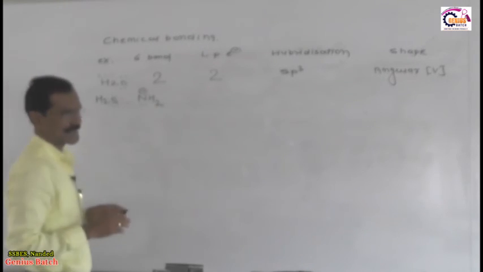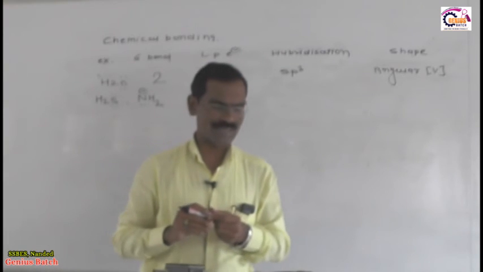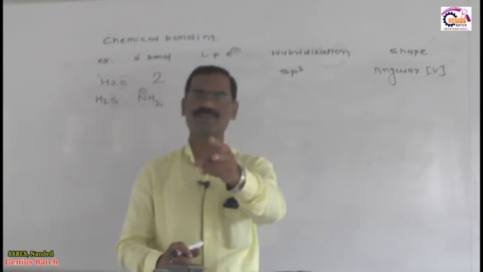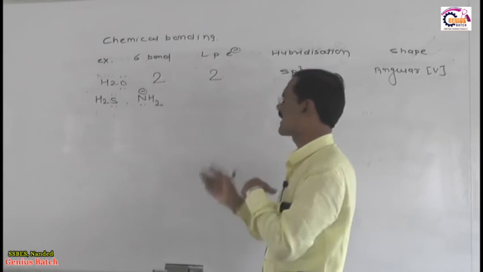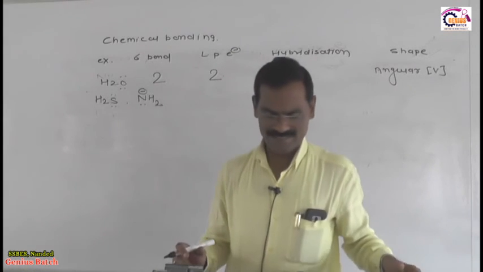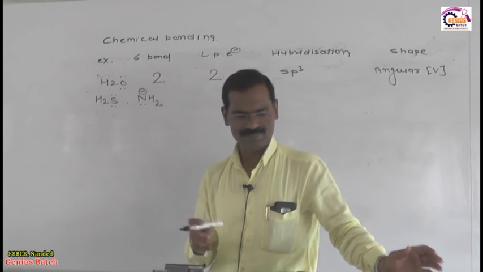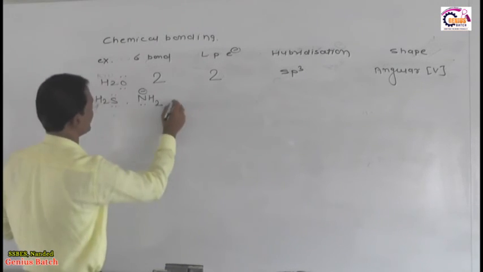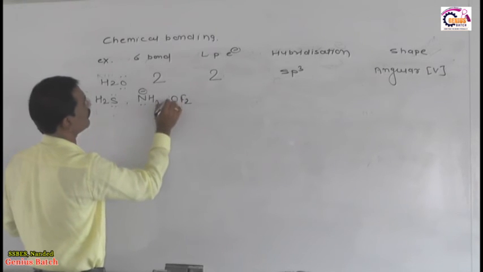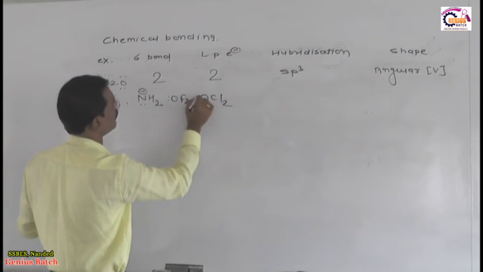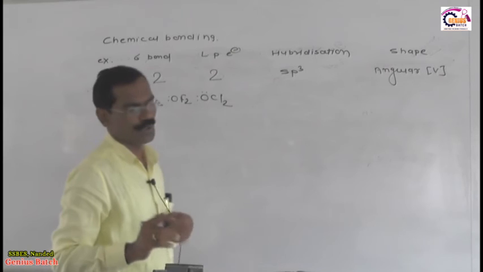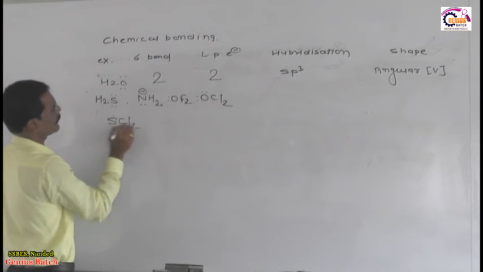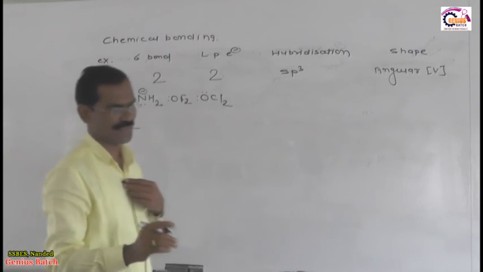Why NH2 minus? Because in NH2 minus, 1 lone pair, 1 negative charge. Negative means 1 lone pair, na. If negative means 1 lone pair, so this is also a phenomenon in which we consider hybridization. That one is called NH2 minus. Then after NH2 minus, this one is called OF2 or OCl2. What happened in OCl2? 2 bond pair, 2 sigma bond. Then after that SCl2, sulfur dichloride.